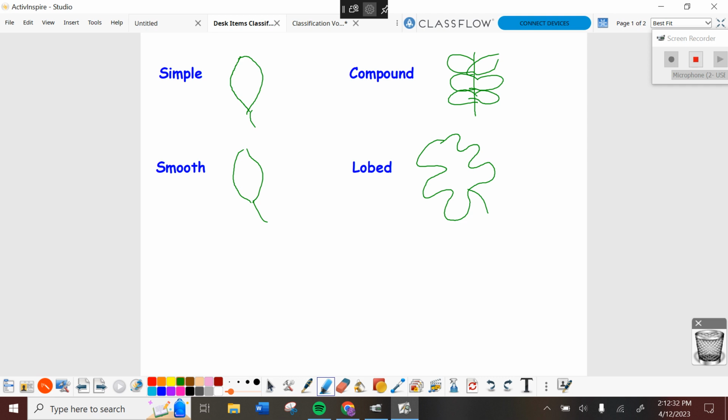Now, the difference between that and 5 says the leaf edge is smooth, so all like one surface, or if it's lobed, it kind of does one of these numbers. That's what lobed looks like. All right, 6A, leaf edge is smooth and tooth-like versus large and thorny. I think we know the difference of that. Leaflets are attached at one point, or they are attached at multiple points.